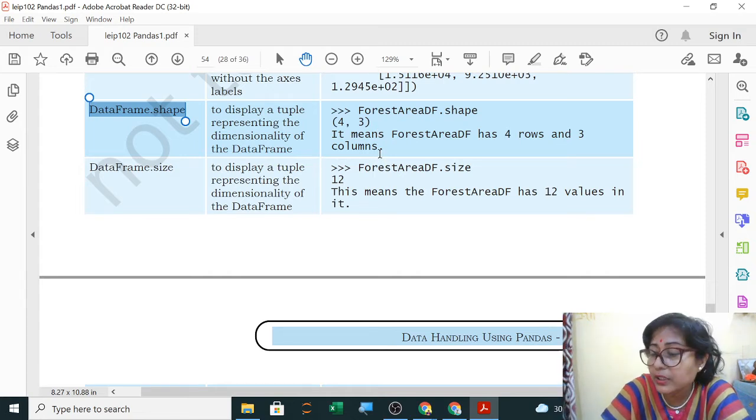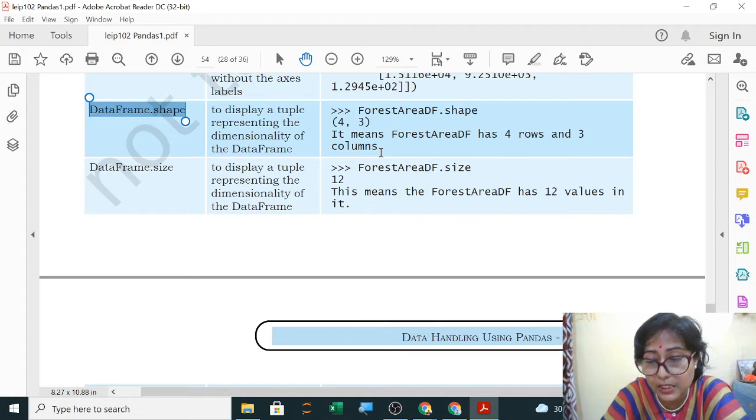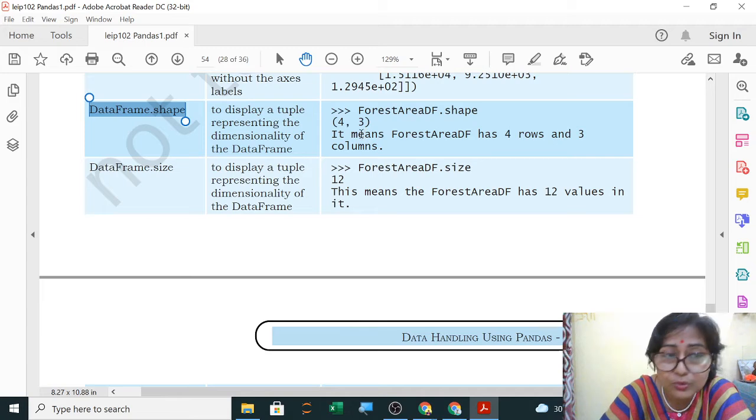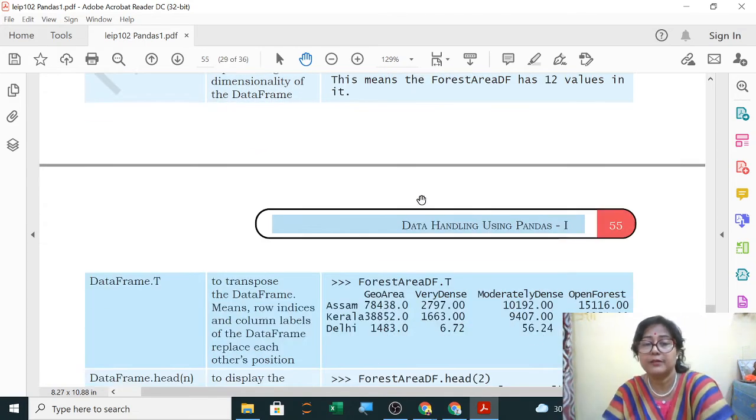These things you note down in your copy, because all 1 mark questions will be this type of questions only. And whatever questions we are discussing in the class, obviously all those questions will be asked in your monthly test as well as in your pre-board. So note down in your copy that if the total number of rows is 32, records are 32, and 2 columns are there, then rows will be 32, columns will be 2. In round bracket you will write 32, 2 if the shape output is asked.